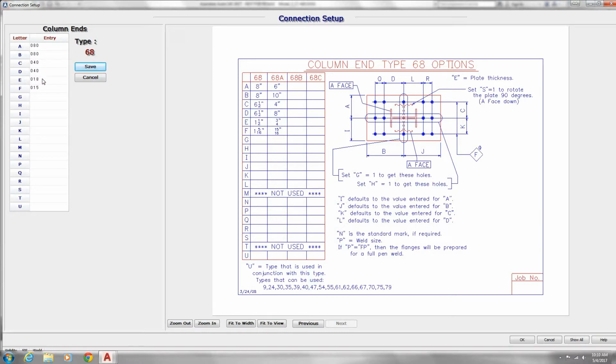And D is also 4 inches. And the plate thickness, E, is 1.5 inches, and the hole size is going to be 1 5/16 for 1 inch anchor bolts. Okay, now as you see in the notes down here, the I, J and K all default to a symmetrical hole pattern, but if you had a non-symmetrical hole pattern, you could put different numbers in there. I'll just save that,